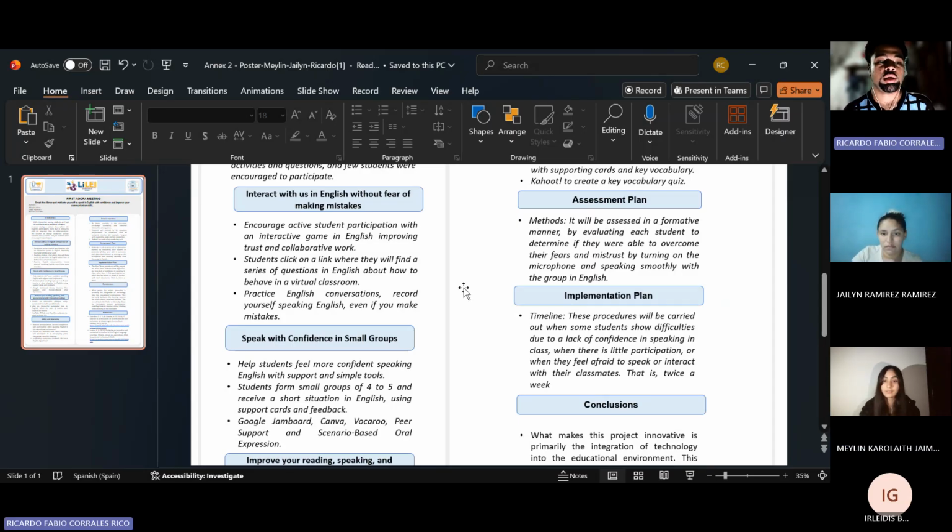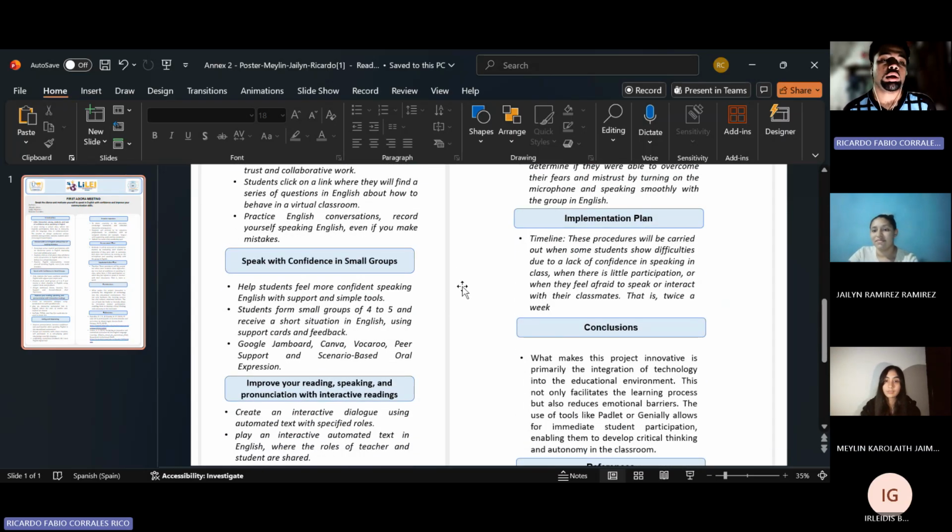Okay, thank you, Mailing. Now, I'm going to present to you activity number 2, which is speak with confidence in a small group. Speaking with confidence in a small group helps students feel more confident speaking in English with software and simple tools.